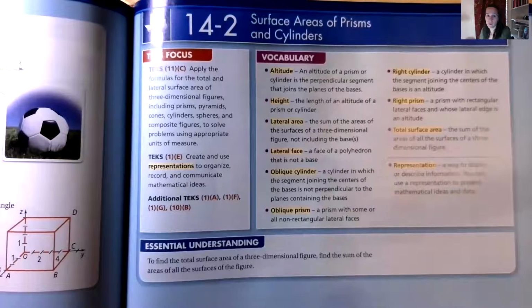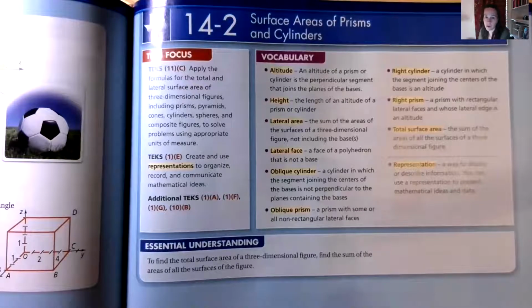Okay, this is 14.2, surface area of cylinders and prisms. Remember that the vocabulary box and the summary at the beginning of the lesson is your friend. So looking at this vocabulary, the things that you are going to need to know are what the altitude and